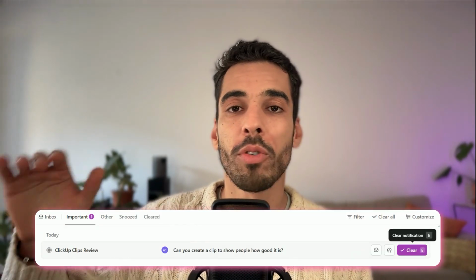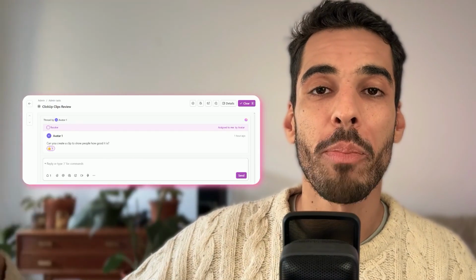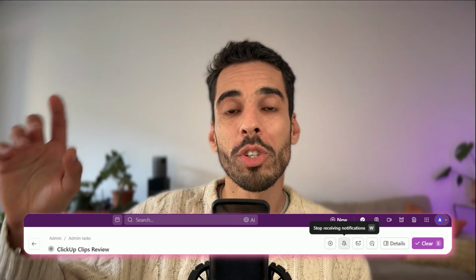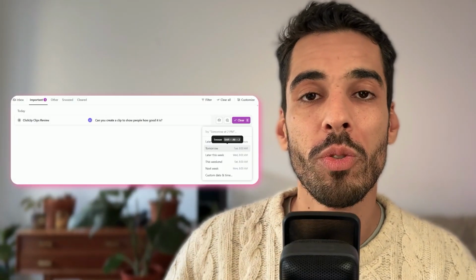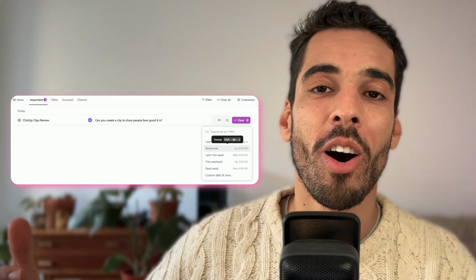Now, there's a few things you can do in your ClickUp inbox. You can clear that message from your inbox if you're done with it. You can reply to the message, and that will just add up to the comment section of that task. And you can also stop watching that task from the little bell icon. And you can also delay the message. You can snooze it if, say, you receive it on a Friday night and you want to deal with it on Monday. So the ClickUp inbox is an amazing central system for you to handle your communication with other members